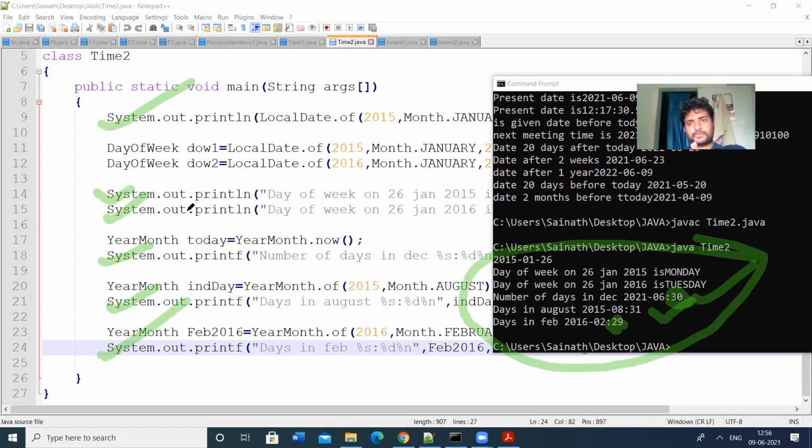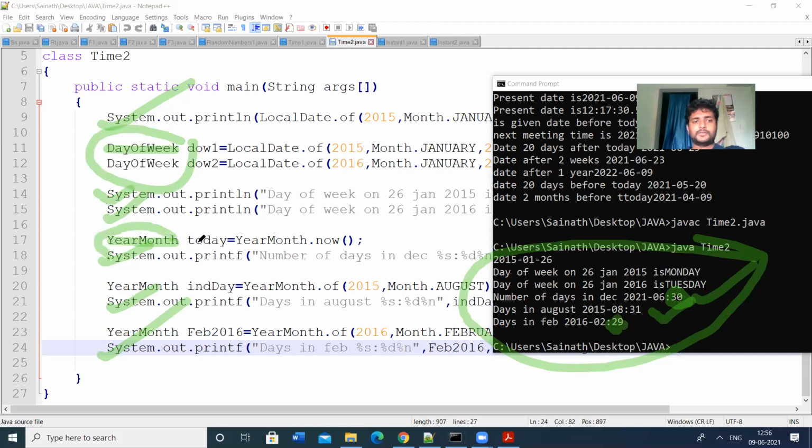The main purpose of this program is to illustrate the DayOfWeek class as well as the YearMonth class. DayOfWeek tells whether it is a Tuesday or Monday or Saturday, and that can be displayed by using the DayOfWeek class.